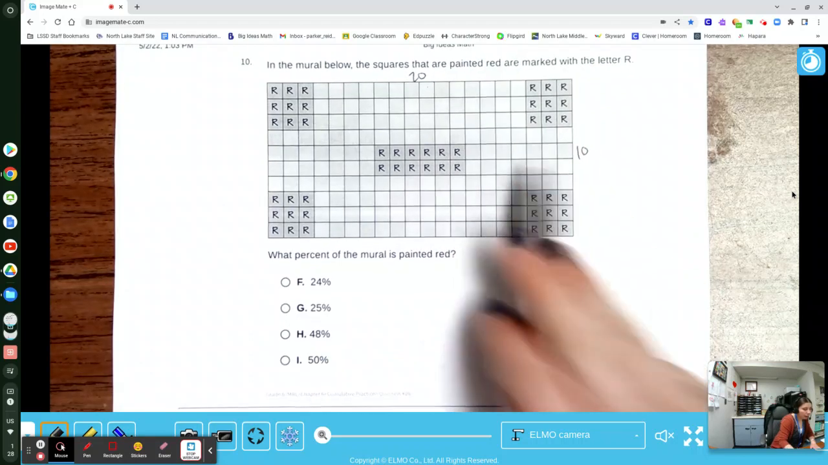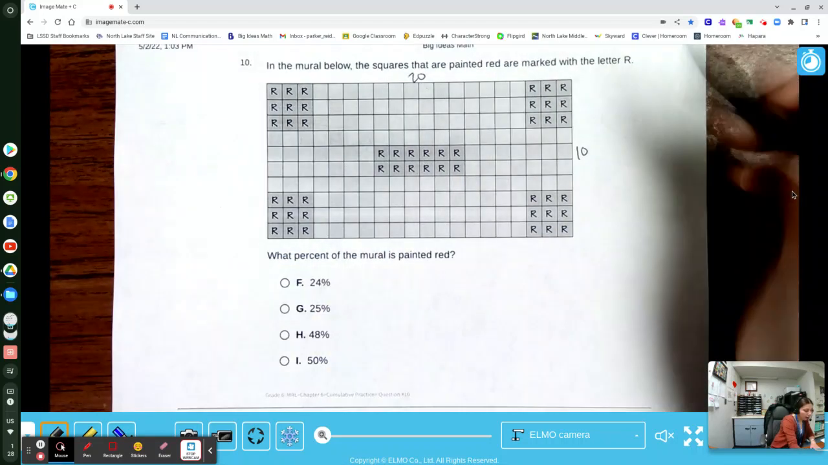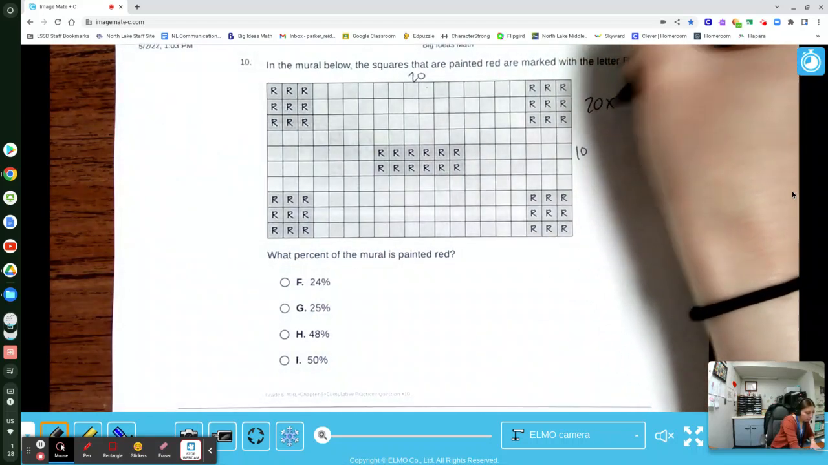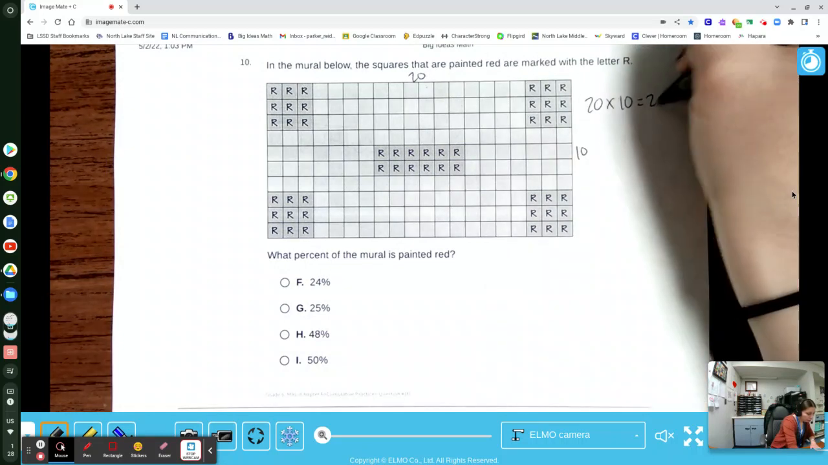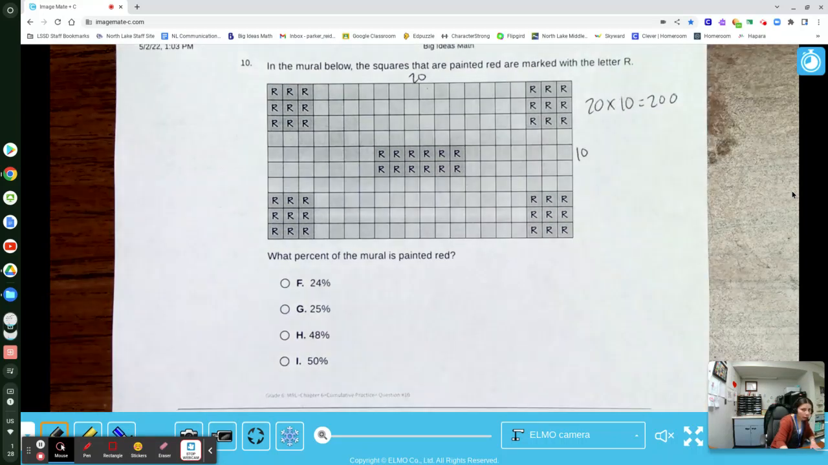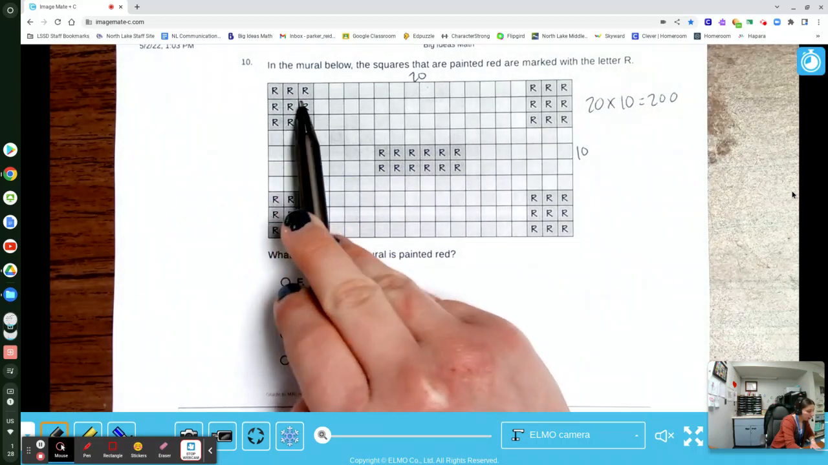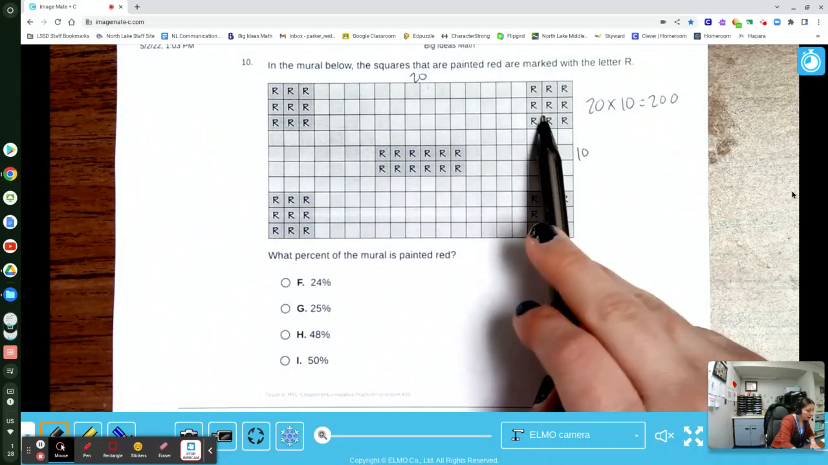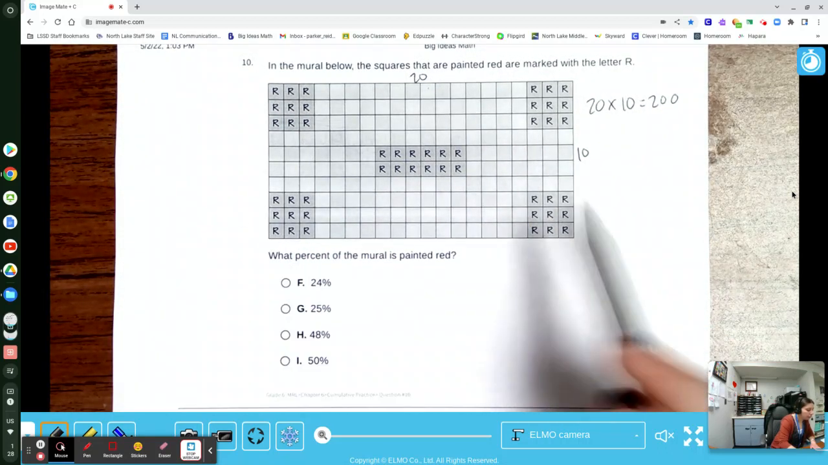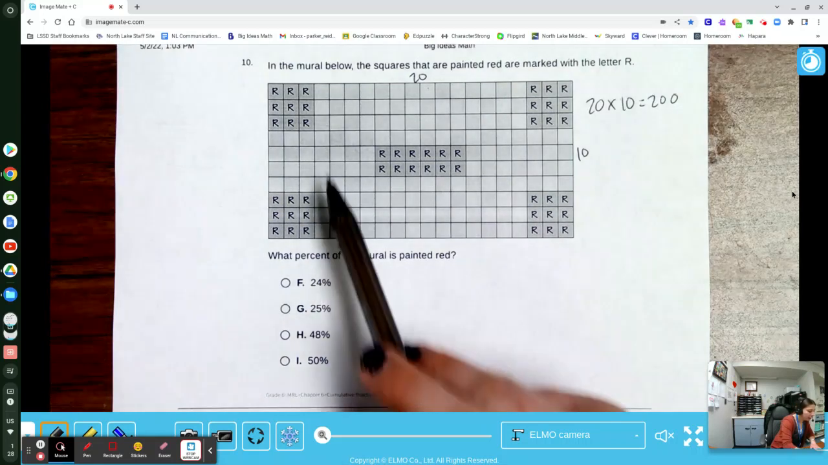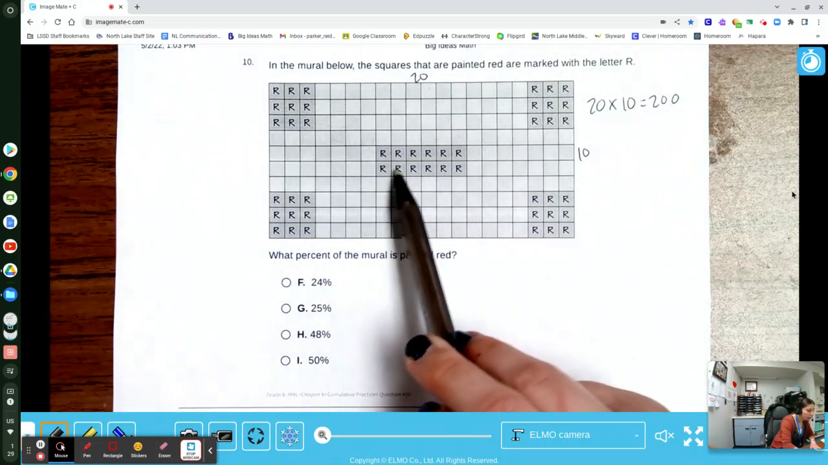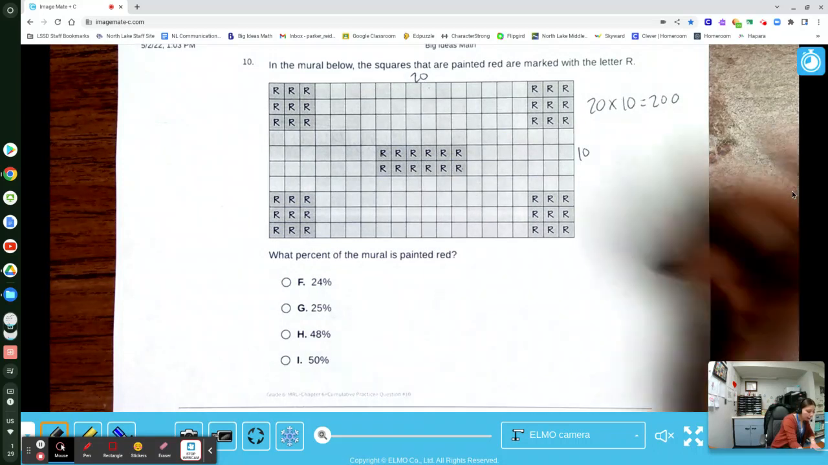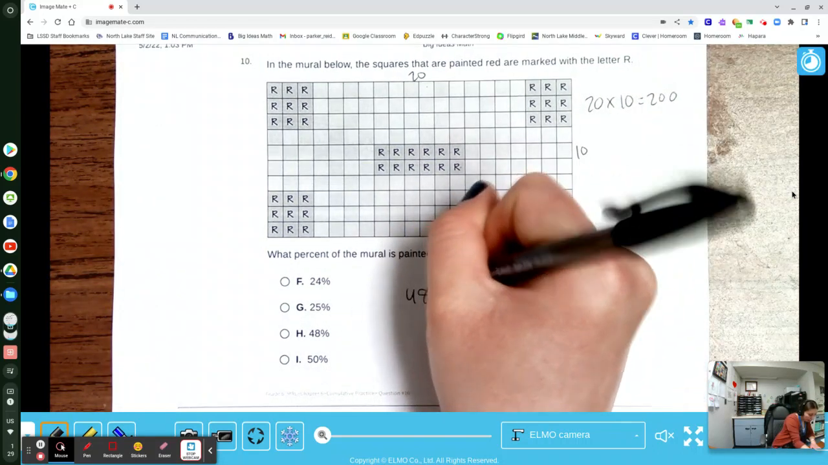If I multiply 20 by 10, because I have 10 rows of 20, I'll figure out how many total squares there are. 2 times 1 is 2 with 2 zeros on the end. So there's 200 boxes in all. Let's count how many are red. 9, and then another 9 is 18. Another 9 is 27. Another 9 is 36. Then 37 up to 48. So 48 out of 200